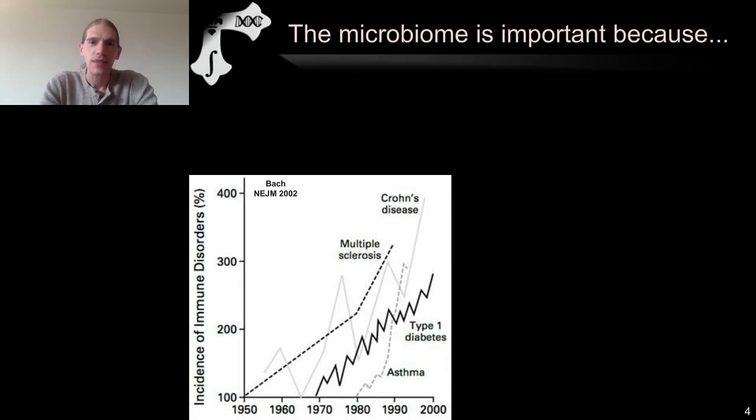Something that's really come to light in the past several decades, though, is the corresponding rise in non-pathogen-driven but microbially linked chronic disease. This is a widely used plot from a review several years ago now that shows the rise in a range of different autoimmune-linked diseases over the past several decades. Of course, much too quickly to be explained by human genetics,